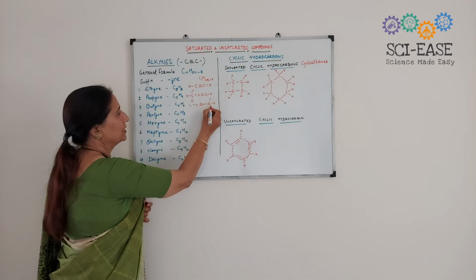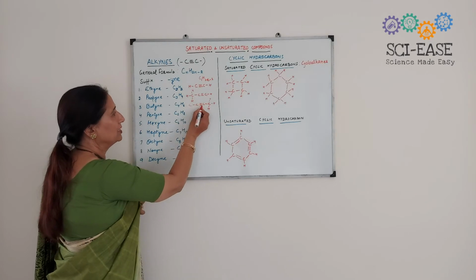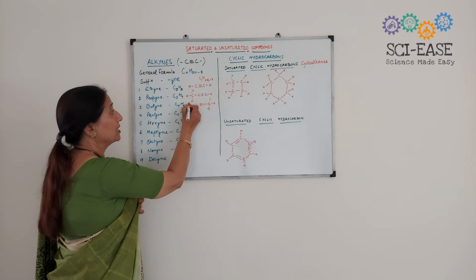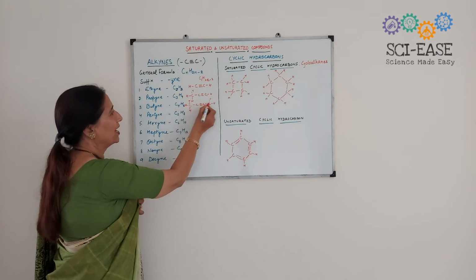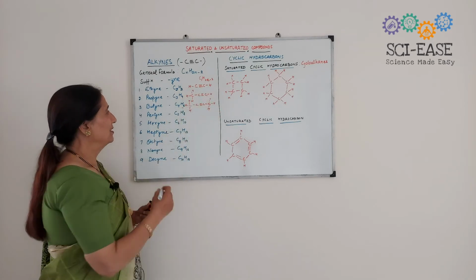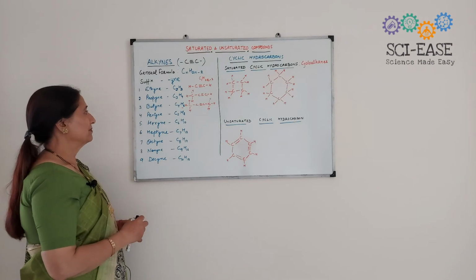H, H. Here 4 bonds are already fulfilled around this. This you have to see very carefully. So, how many hydrogens? 6 hydrogens: 1, 2, 3, 4, 5, 6. So, the next member, that is pentyne,